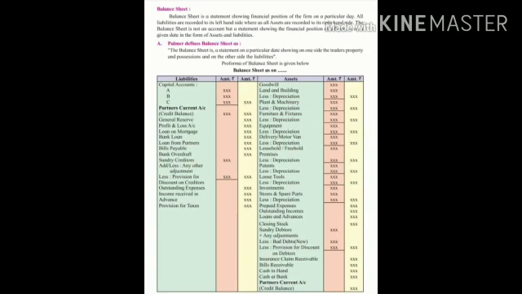Sundry debtors, insurance receivable, bills receivable, cash in hand, cash at bank. These are all called current assets. On the liability side we have the capital balances of partners. If the partners' capital account and current account both are there, we have to write both the balances on the liability side. Then we have profit and loss, loan from mortgage, bank loan, loan from partners, bills payable, bank overdraft, sundry creditors, outstanding expenses, income received in advance, or provision for taxes. These all are recorded on the liability side of the balance sheet.